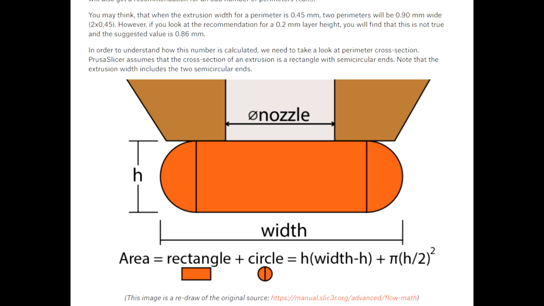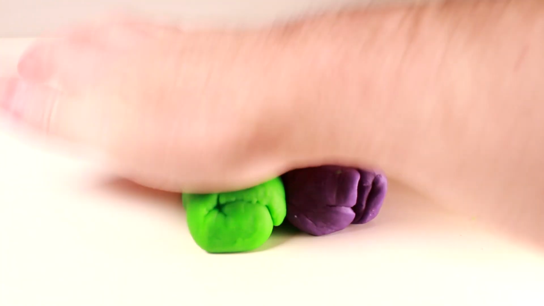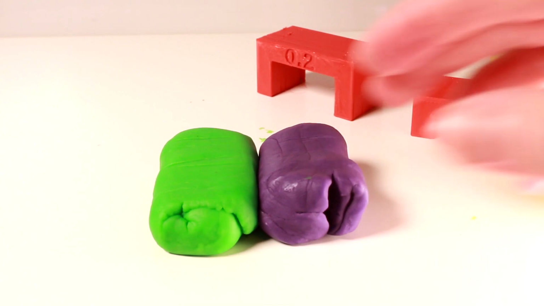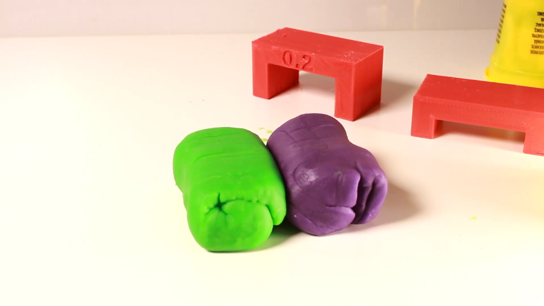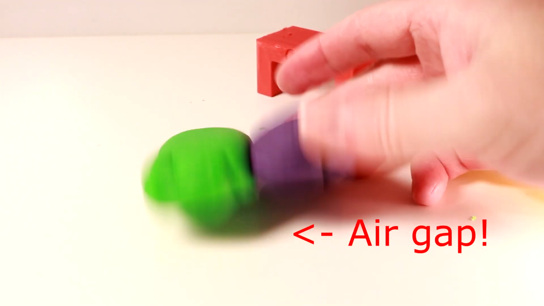When you put two lines next to each other, Prusa Slicer also recognises that this isn't a perfect join, if you see our images from earlier, and it has an equation for that, which is obtained by subtracting the calculated cross-sections from a larger rectangle, but pushing them together. And it's a lot easier to see visually than mathematically, so I do suggest going no further than the images on this one. What's important to understand from the documentation, however, is that Prusa Slicer acknowledges that subsequent lines extruded next to existing lines is never likely to be perfect, which honestly points the finger squarely at Cura's math, does it not?